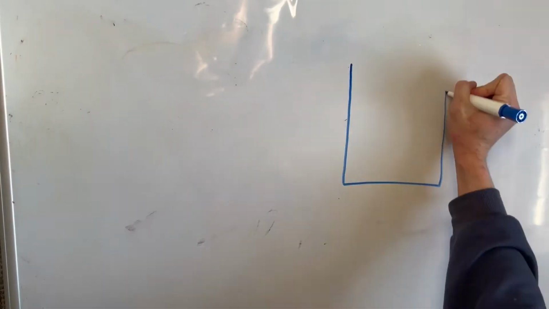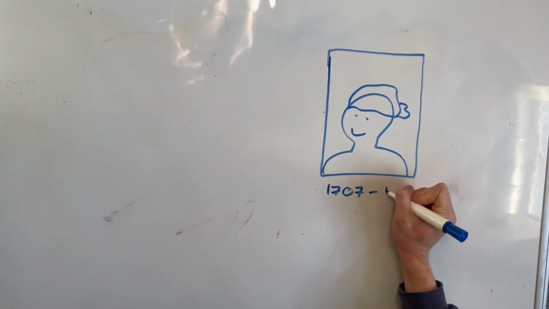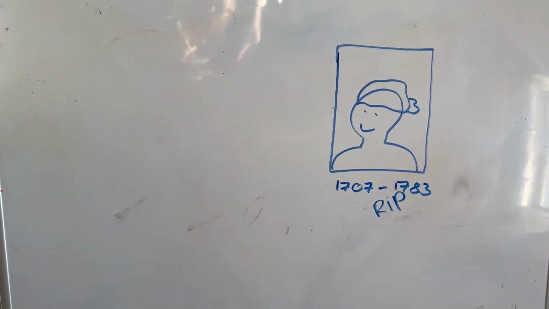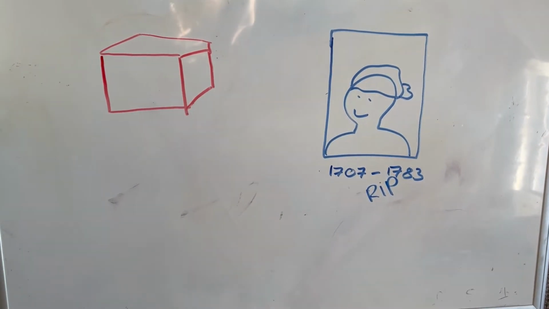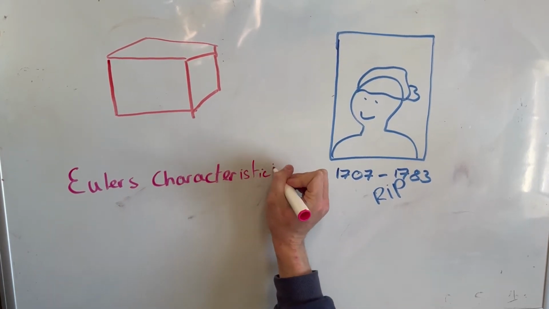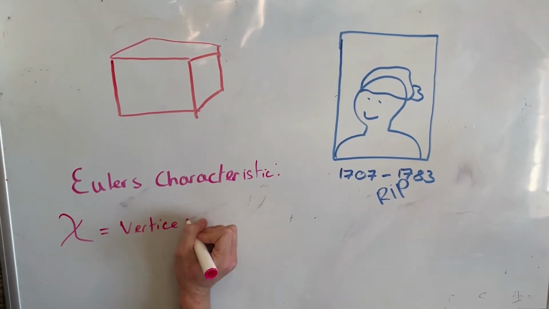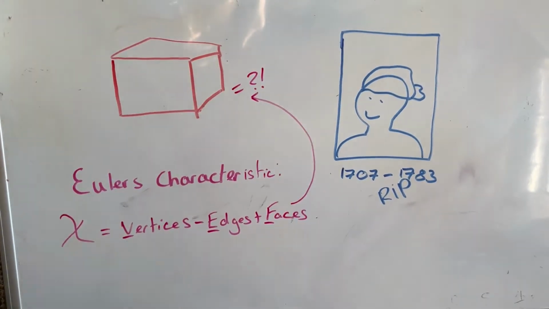The field started with Euler, who noticed that for all polyhedra, 3D shapes with flat polygonal faces, the number of vertices minus the number of edges plus the number of faces is 2. This sum, called Euler's characteristic, is an example of a topologically invariant property, which remains the same when we deform shapes into each other. From the observation of Euler, we can conclude that any polyhedron can be moulded into another.